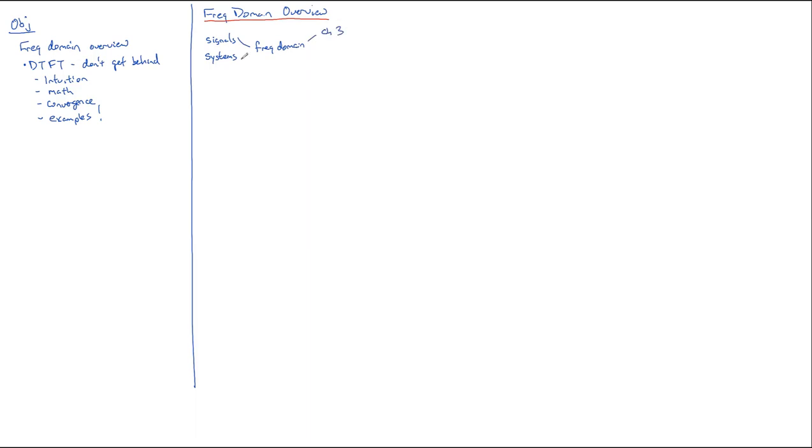And then we'll talk about systems in the frequency domain. And that's going to be in chapter 4. So chapter 3 is going to be an awful lot about x of n's, y of n's. And chapter 4 is going to be about the relationship between those two and h of n's. I want to first remind you about how this worked in EE430,